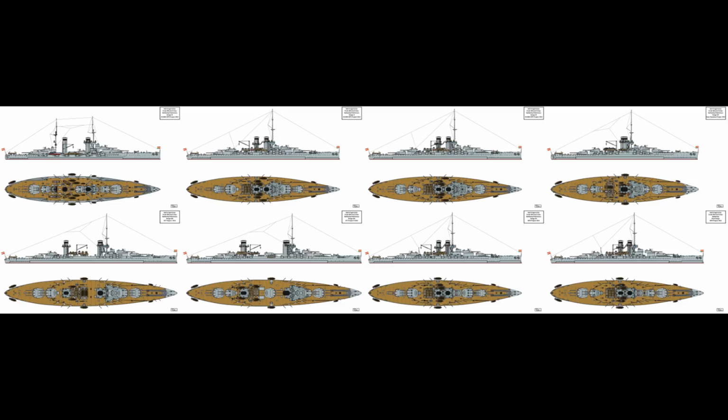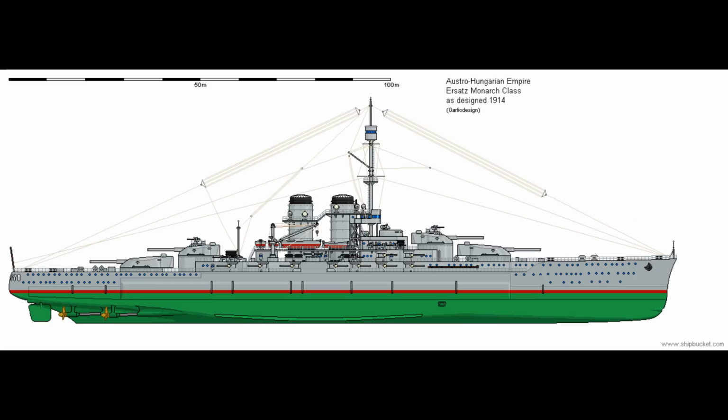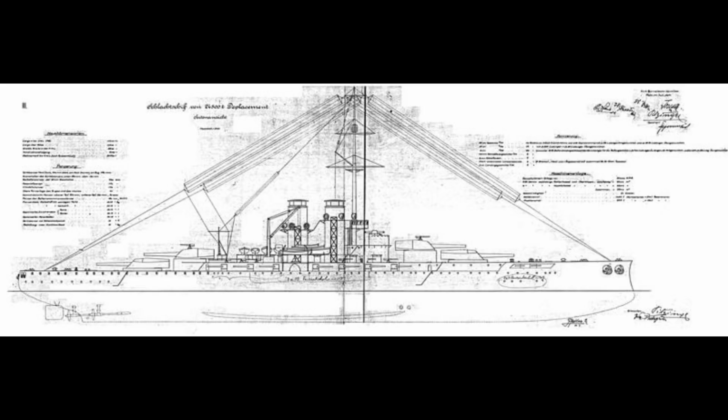Between the initial selection of the design and the final formal approval, no fewer than 12 other designs were submitted. As designed, the standard displacement of the ships was just over 4,000 tons greater than their predecessors, and for this extra weight there was a slight increase in armor and speed, by 1 inch to 12 inches, and 1 knot to 21 knots, as well as enough fuel for an additional 800 miles range at cruising speeds, for a total of a 5,000-mile operational radius. Again, much like the Mackensen class, the ships were planned to use a mix of oil and coal-fired boilers to